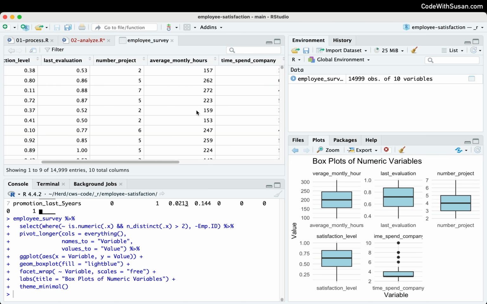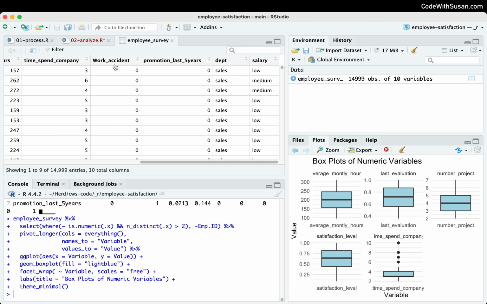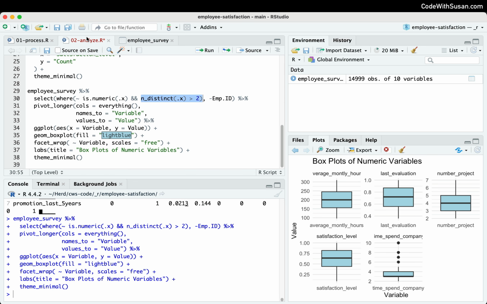So looking at our data, there are 2 binary variables. One is for work accident and also promotion last 5 years. The values here are either 0 or 1, 0 indicating no, there's never been a work accident or there hasn't been a promotion in the last 5 years, and 1 indicating that yes, there was one of these 2 different things. So we don't need box plots to look for outliers for binary data, so that's why we're excluding it. And then finally, for our purposes, there's no meaningful information in the employee ID column, so we exclude that as well. So that identifies the columns that we're interested in, and then with that data, we're going to reshape it